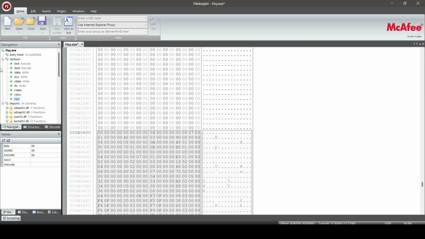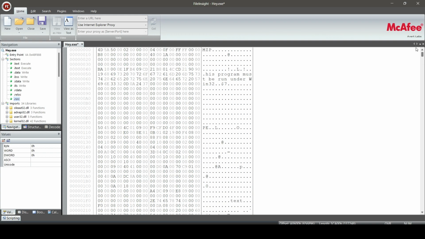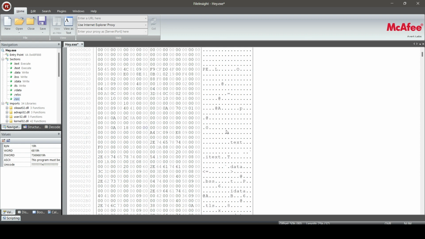So these are different sections which are being displayed after analysis of this particular file. Also, you can see here it is being displayed that this program must be run under Windows 32, Windows 7. So it is designed for the Windows operating system,